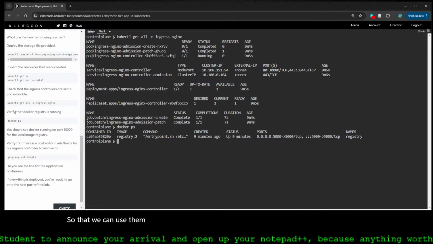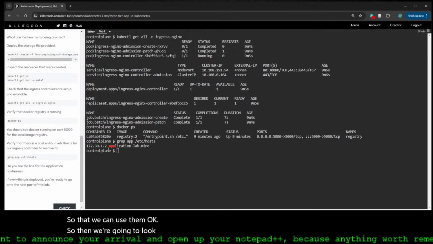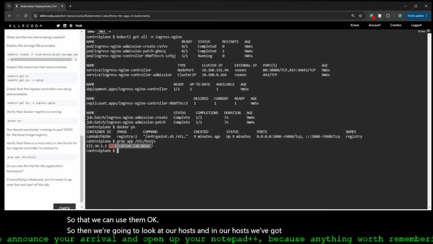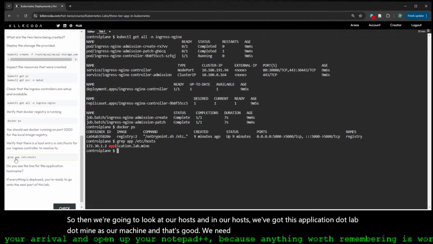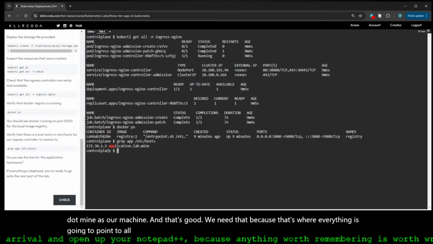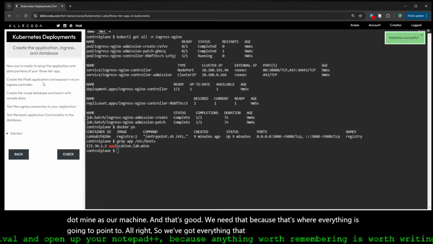Okay? So then we're going to look at our hosts. And in our hosts, we've got this application.lab.mine as our machine. And that's good. We need that because that's where everything's going to point to. All right. So we've got everything that we need for this part of the lab, so we're going to move